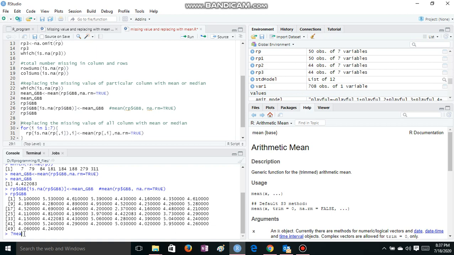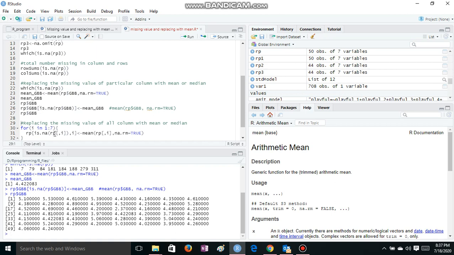Okay. Similarly, if we need to replace an entire such column, what to do? Since we have 7 such columns, we'll use a for function. We have taken i as an integer increment, which is increasing by 1 from 1 to 7. So first it will take i as 1 and subsequently it will reach the 7th column, right? So first it will operate for the first column. For that reason we have introduced the variable i here, that will vary from 1 to 7. So the same thing has been repeated here.